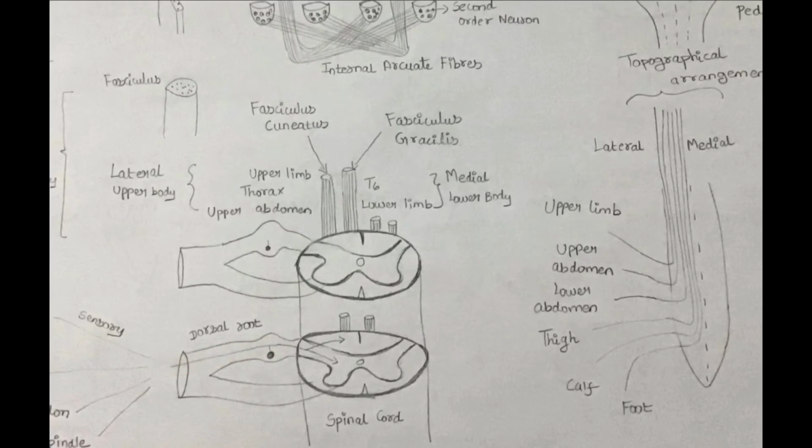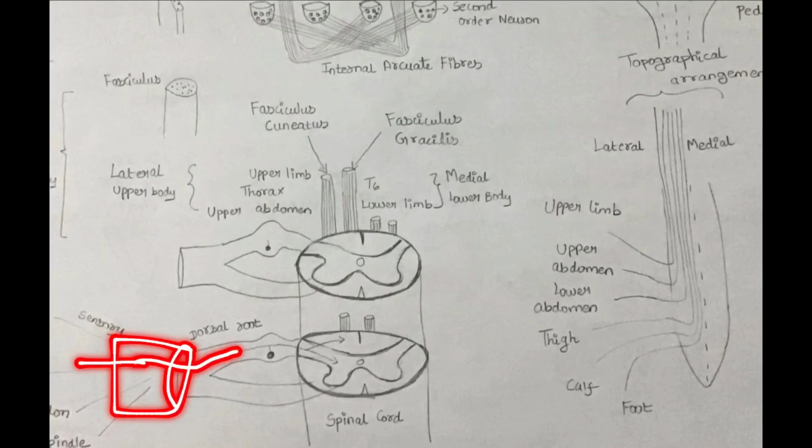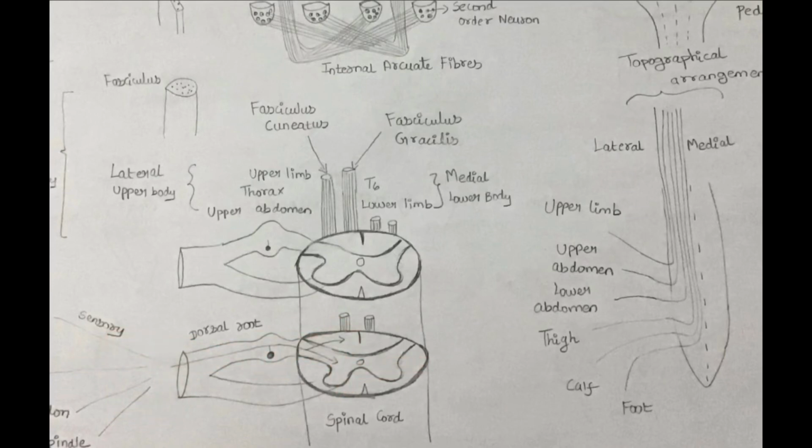From the receptors, the sensory nerve fibers pass through the trunk, that is the spinal nerve, and then to the dorsal root. It first meets the dorsal root ganglion, that is the first order neuron, and then most of it enters the dorsal column, and very few go to the anterior and lateral side. That's why in the anterior lateral column you have both the ascending tract and also the descending tract.